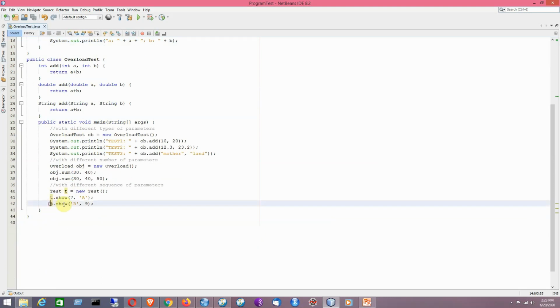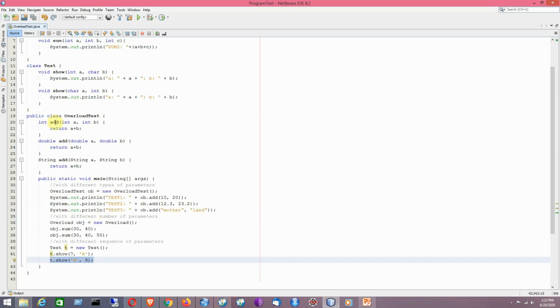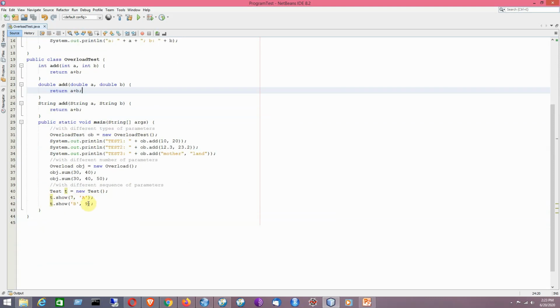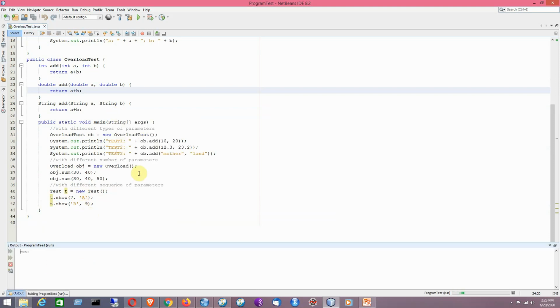If you have a method call like this, it will call the second version. So that is the third example of method overloading for different sequence of parameters. I'm running the program, and it is showing the output accordingly.